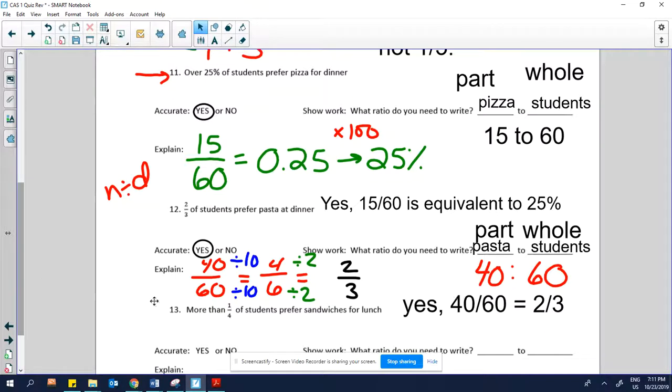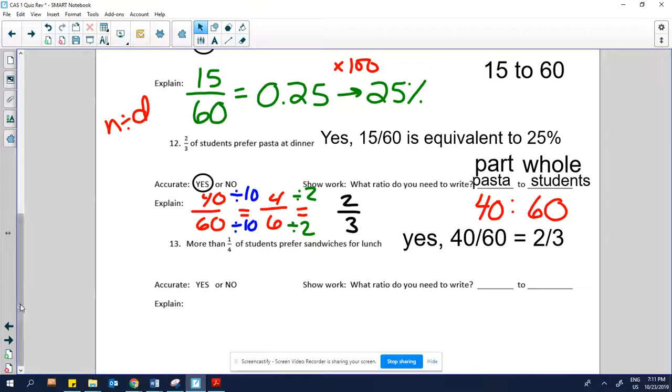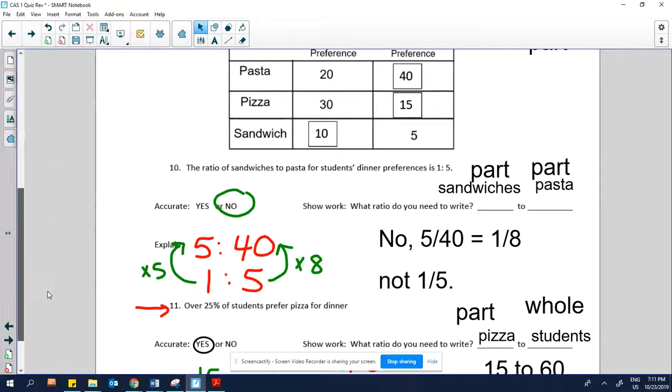Okay. And this last one says more than 1/4 prefer sandwiches for lunch. That is similar except we have to check if it's more than 1/4. So those that prefer sandwiches for lunch is 5